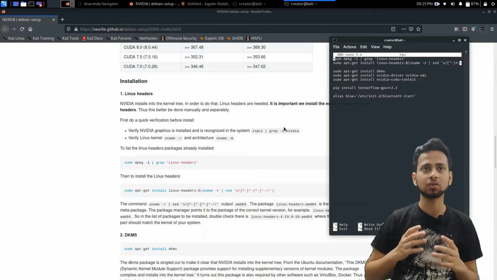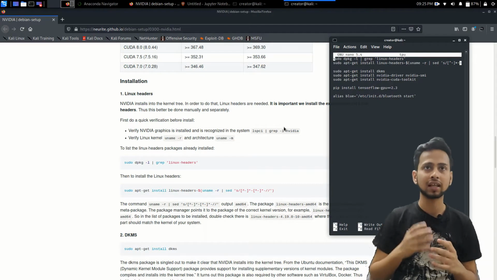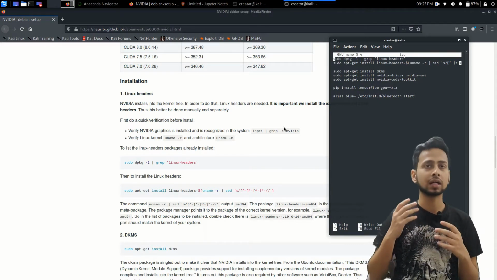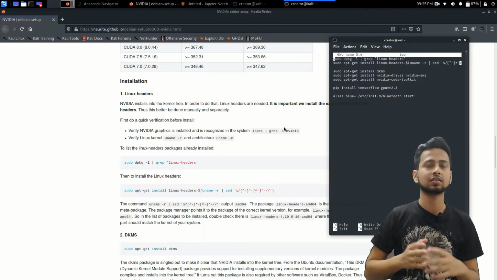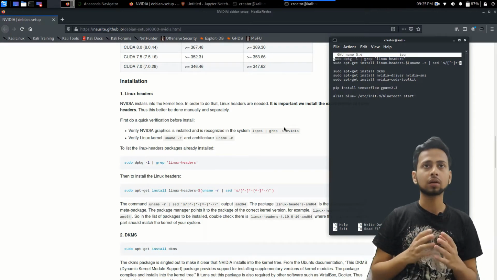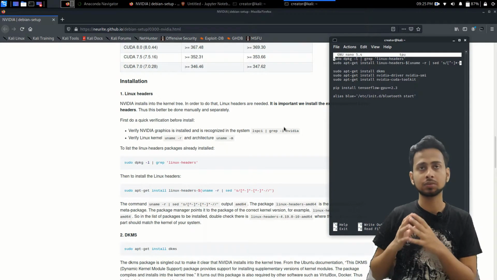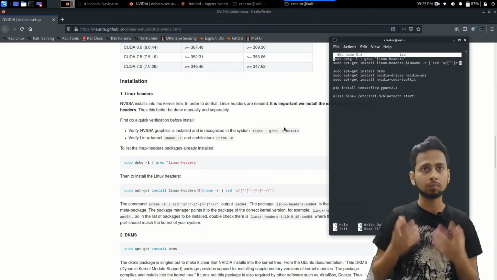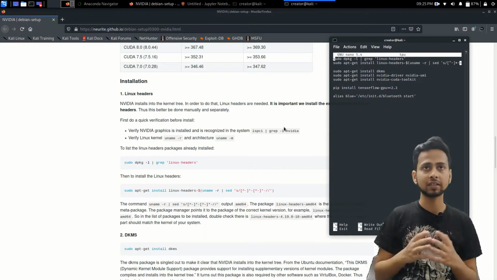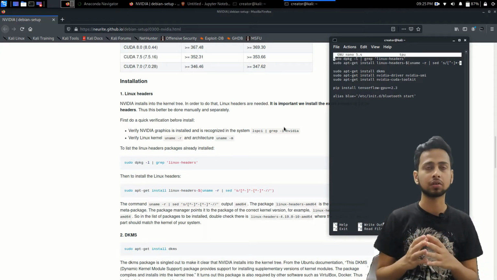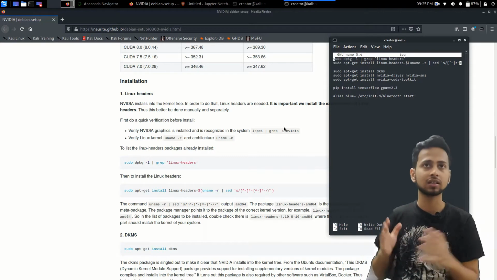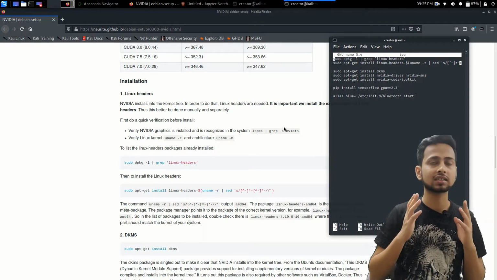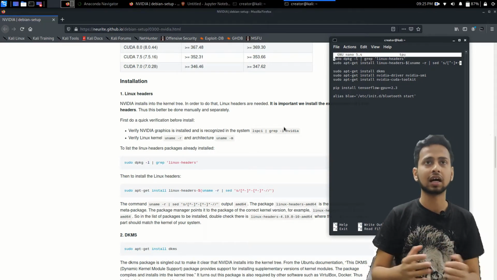Today in this video we are going to install NVIDIA Toolkit as well as TensorFlow GPU onto our Debian Linux operating system. The operating system that I am going to use here is Kali Linux, but it is going to work pretty much on every Debian Linux distribution out there, as well as some more Linux distributions, but I haven't checked it, so I am not pretty sure about it. But for all the Debian based, I am going to say that this method is purely going to work. So without any further ado, let's jump right into the system and see how to install it.